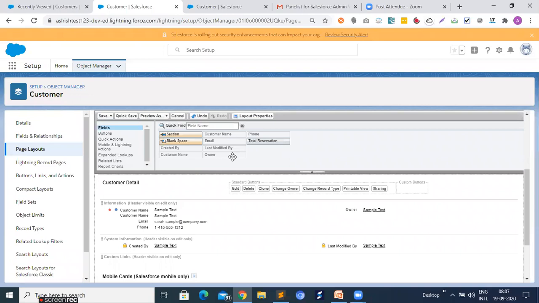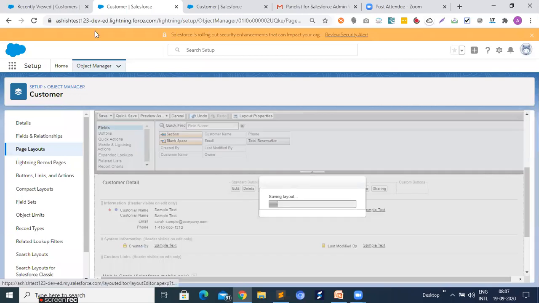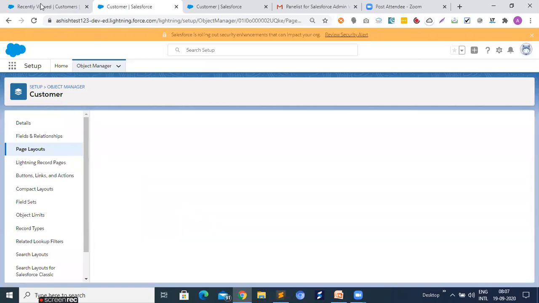So you need to set which fields you want to display or not, right? So in this particular layout, the total reservation field is not available. So I'm going to save it. I'm going to check here.